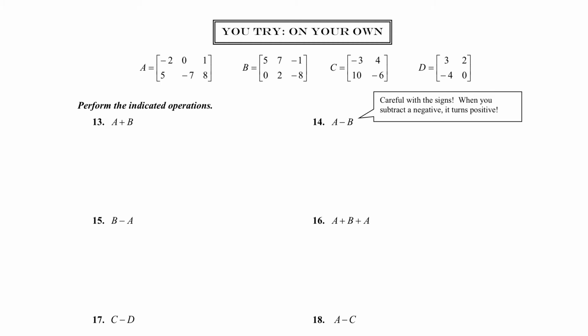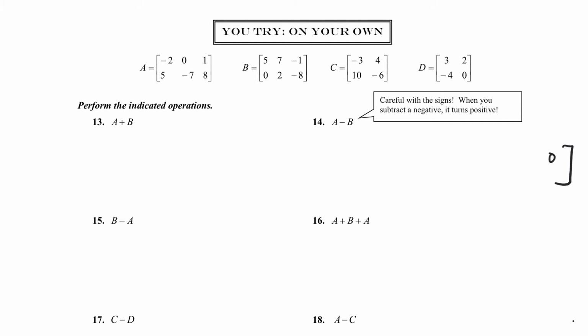So the result will be a 2 by 3 matrix, and let's see, we got -2 minus 5, which is -7, then we have 0 minus 7, which will be -7, then we've got 1 minus 1, that'll give us 0, 5 minus 0, that'll give us 5,